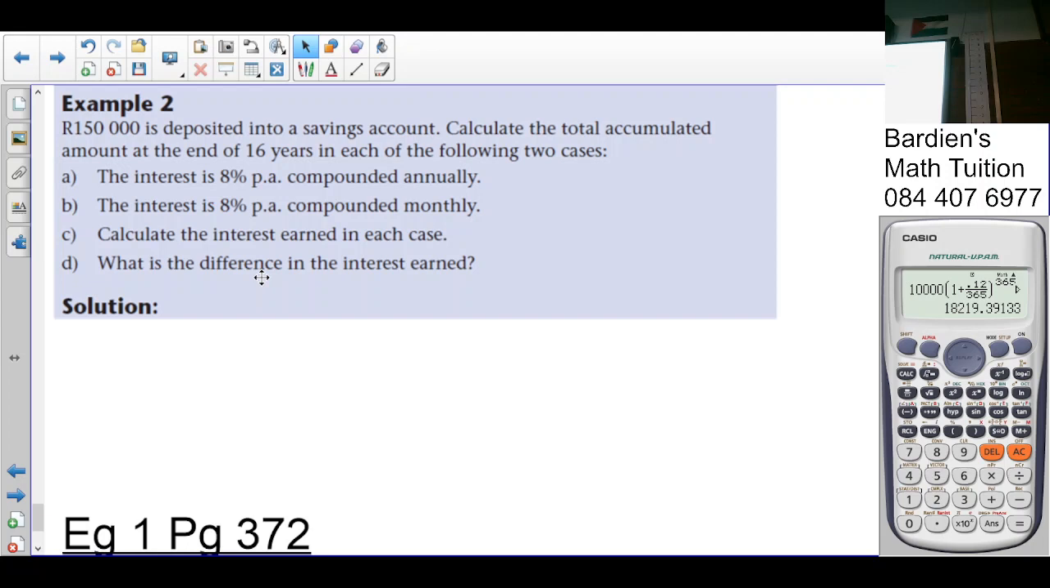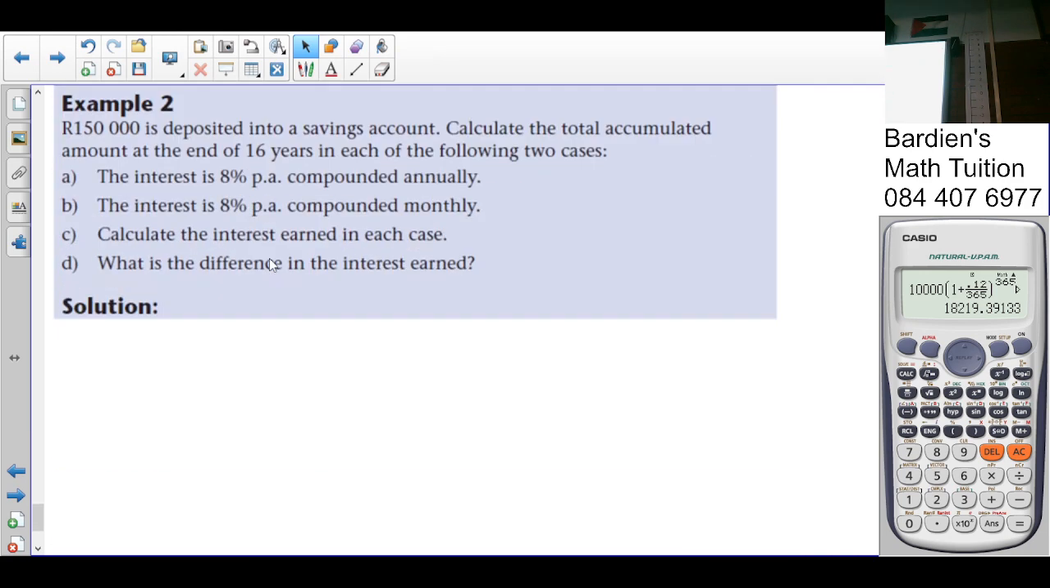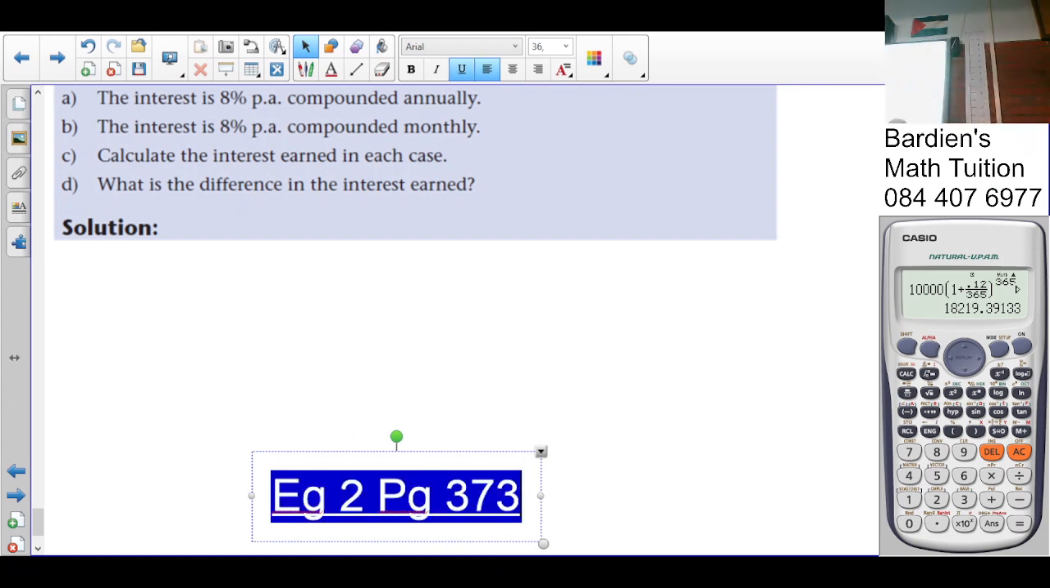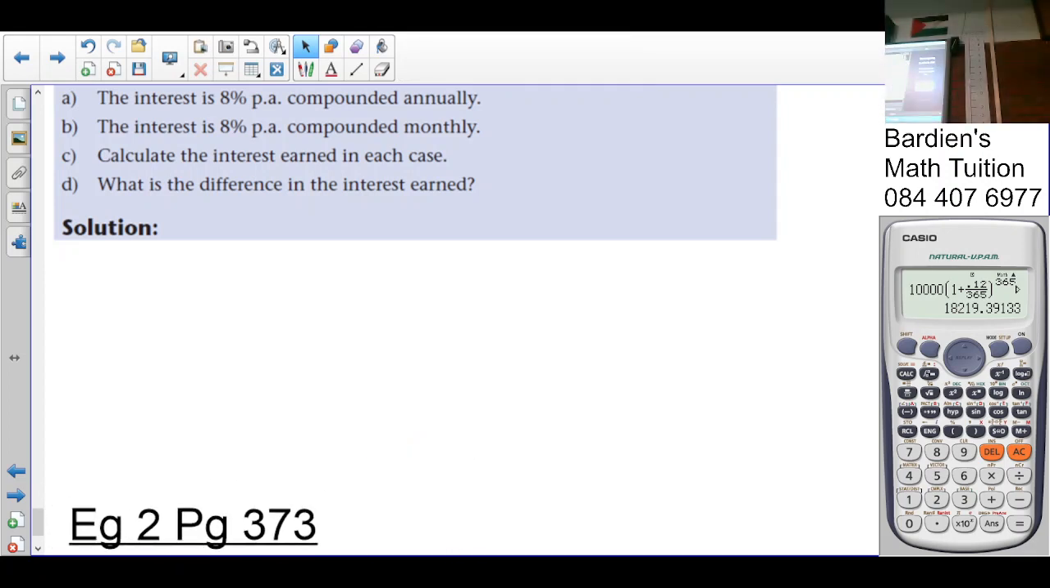Of course, if you go 20 years, you'll see the big difference between the values. Example 2 is on page 373. Okay, so here we are told that